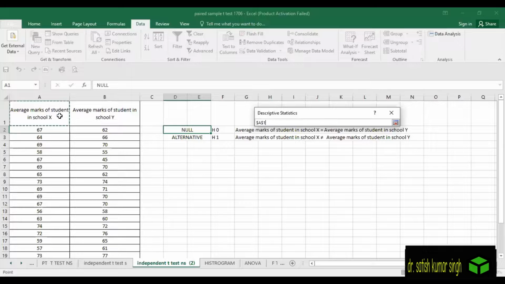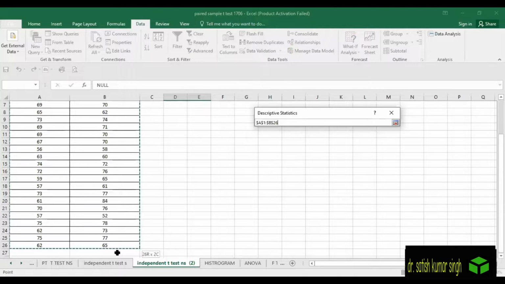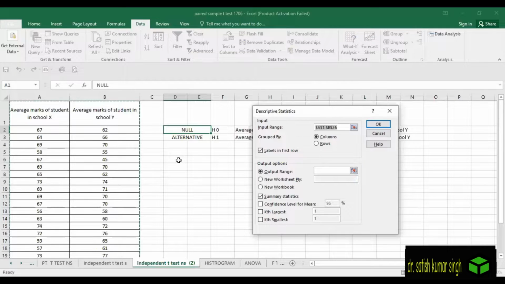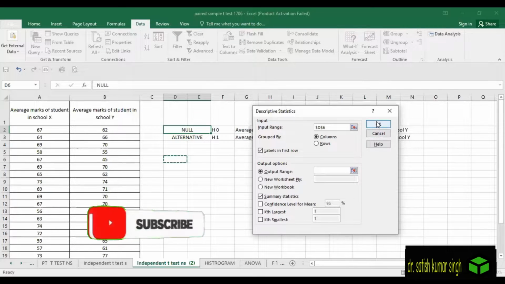Input range is, this is the data. Click here, then labels are in first row, so we will check it. We want to see summary statistics, and where I want my output, we will select the output column. Here I want to have my output for descriptive statistics.